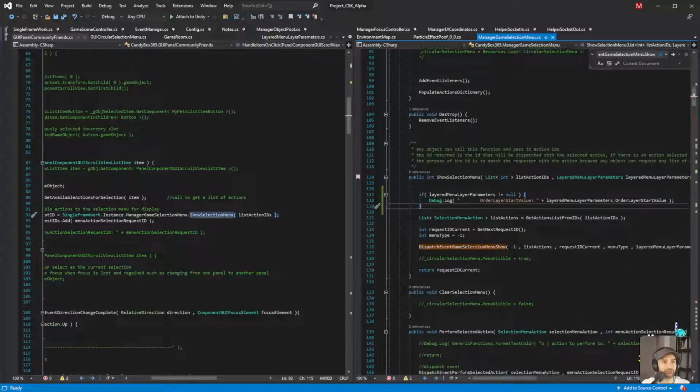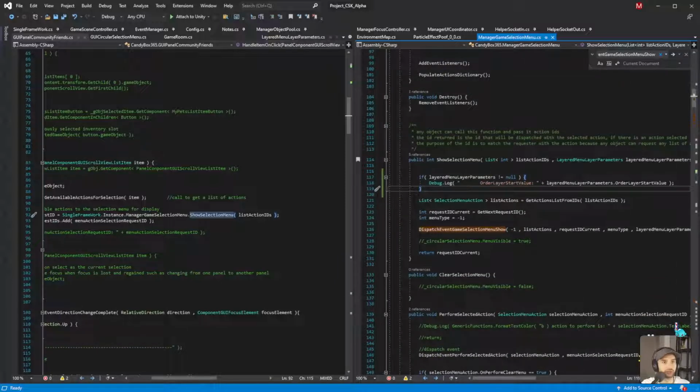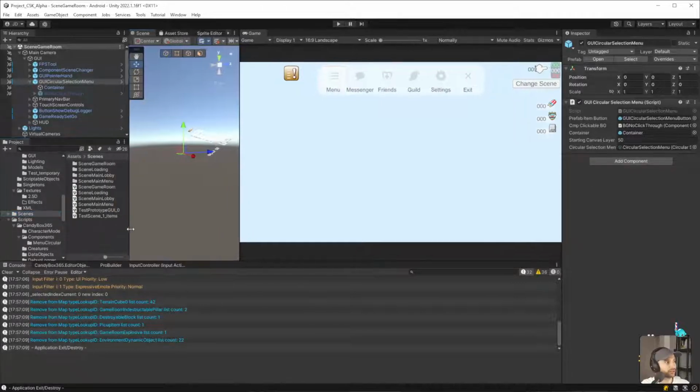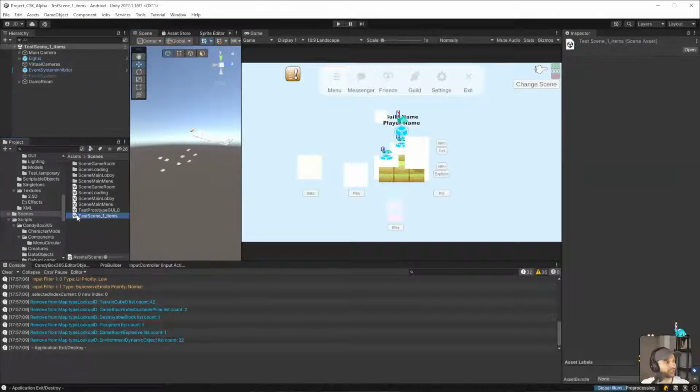So something is holding a cache somewhere. That is really interesting. Let's try changing a scene, and I'm curious if that will clear it. So we'll go to scene, we'll go to our test scene, and then we'll go back to the game room.